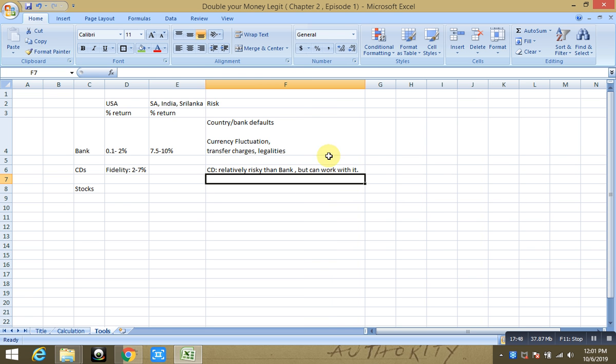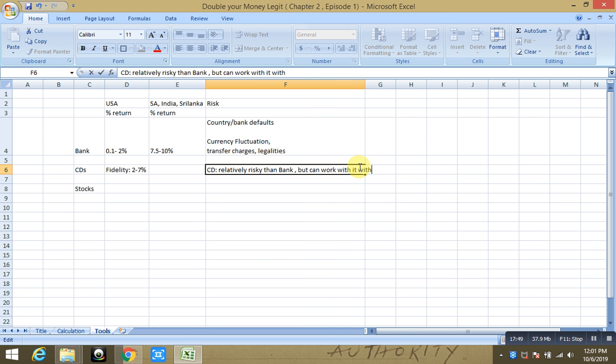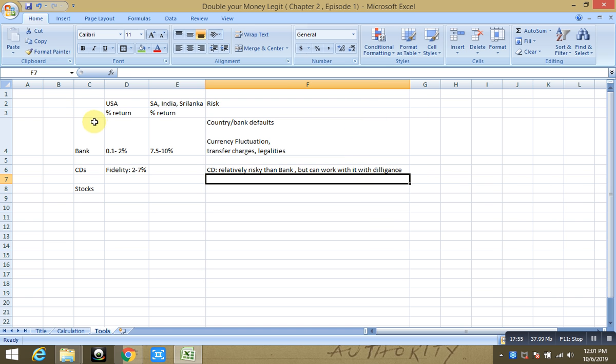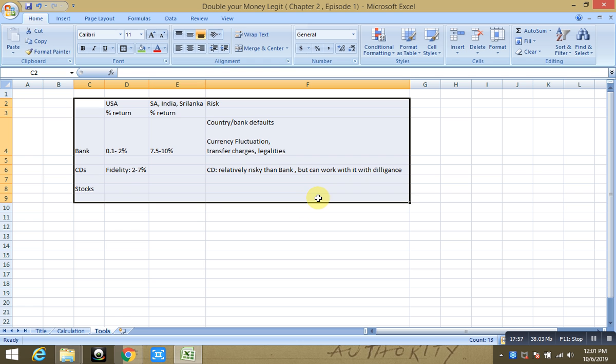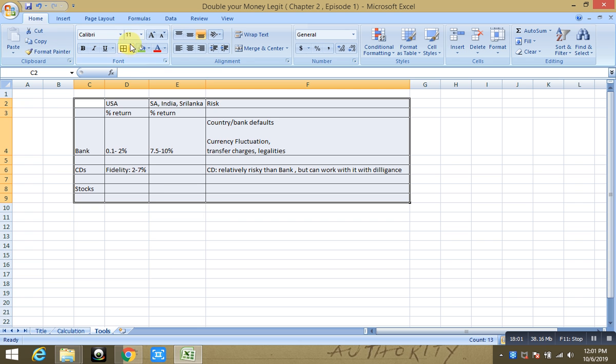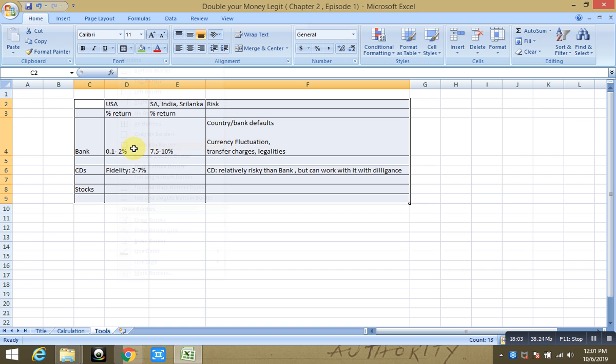And the third option is stocks. Now, I'm not saying buy stocks and wait for the stock price to go up. I'm talking of dividend stocks, right? So, of course, this is relatively higher risk,